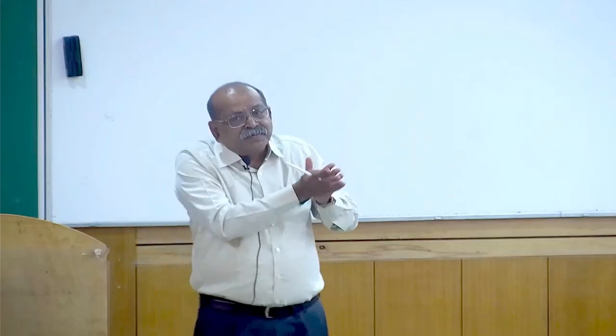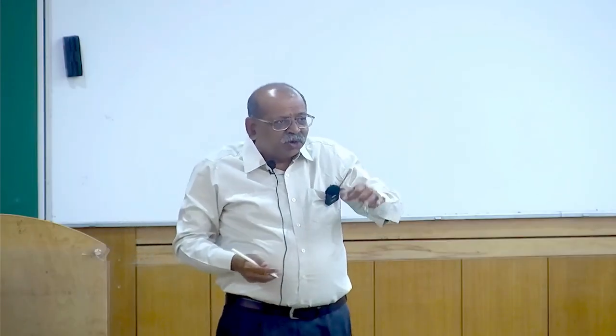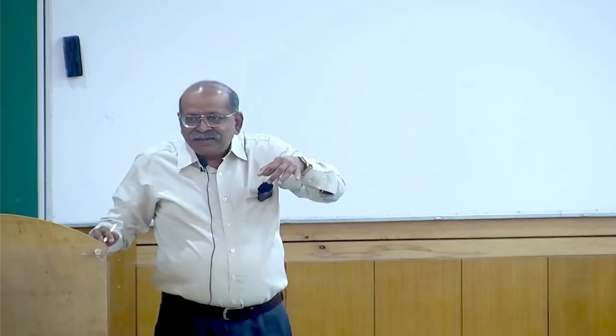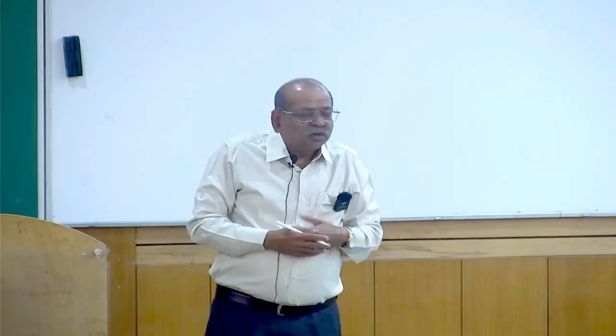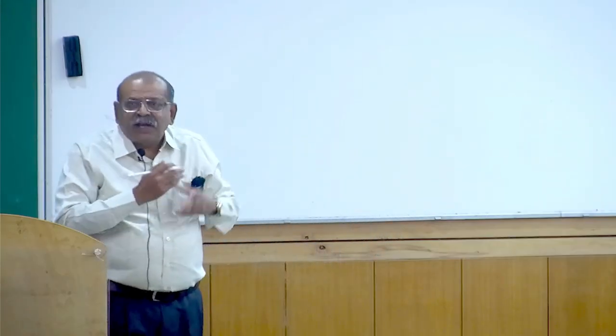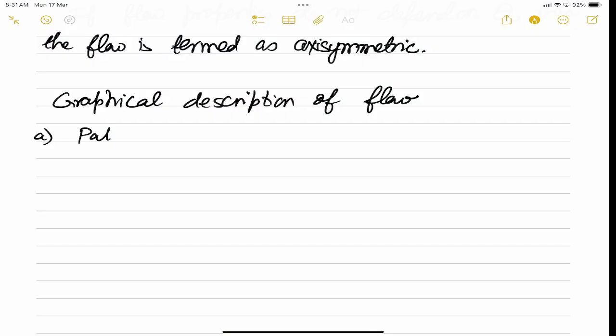Now this pattern may be either a straight line or again it may be curved, and that will tell you of what is happening in the flow. It gives you some sort of information. So there are some of these graphical descriptions of flow,